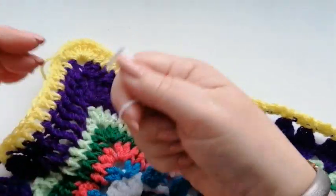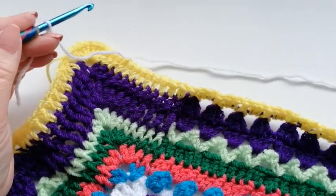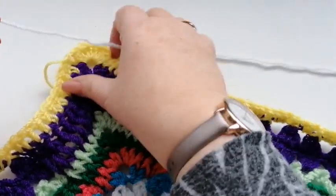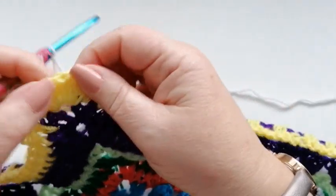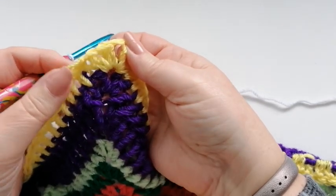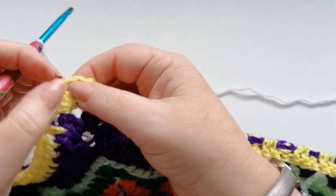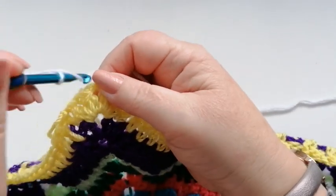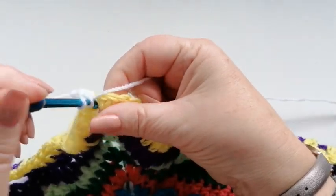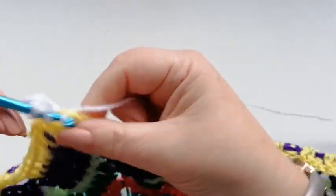So again, I'm going to join the yarn to the hook with a slip stitch, and we're going to start in the corner space. So that's the space in between the double two together. We've got two double two together and then a chain space. So we're going to work 2 doubles, a chain 1 and another 2 doubles